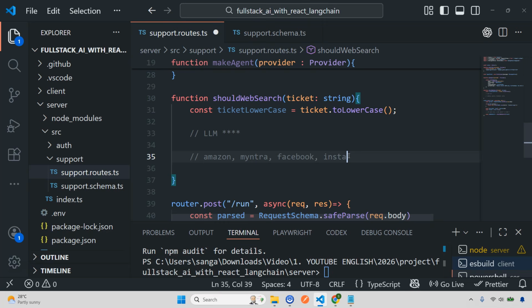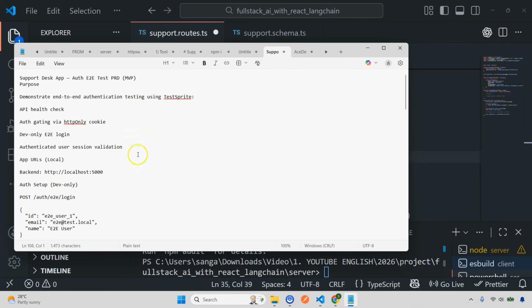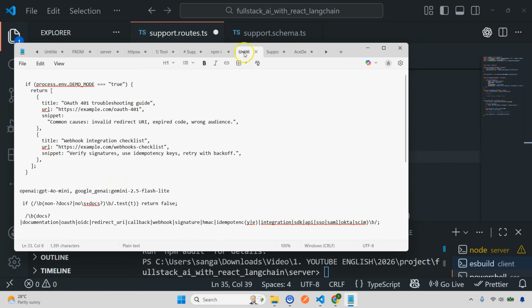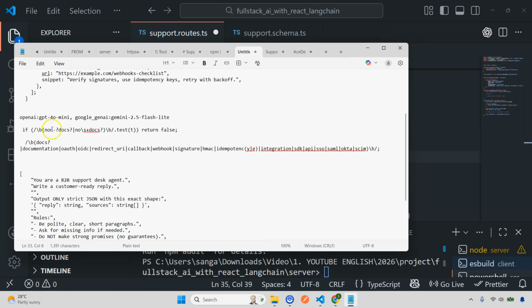Similarly, in this case, what are we going to do? We are going to do a web search whenever there is a technical signal word. Technical signal words means, let's say, docs, documentation, auth, maybe login, webhook, callback, signature. Whenever there is this kind of word, you are going to do a web search. So now let's see how we are going to do that. For this one, I already added a, where is that? See, I'm not going to write all this. So you see, if we have non-docs or anything like this, we are not going to do a web search. If we have documentation, auth, redirect URI, callback, webhook, in that case we are going to do a web search. Okay, so let's copy this line,